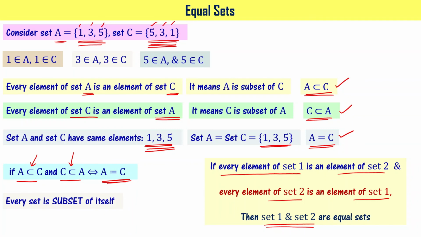Every set is a subset of itself. Why we are saying this is, for example, I have written A is equal to C, and here C is a subset of A, right? Since A equals C, I can write it as C is a subset of C, or otherwise I can write it as A is a subset of A. That is precisely why we said that the empty set or null set is a subset of itself, right? We said that phi is a subset of phi. Understood? Now you have understood about equal sets also.